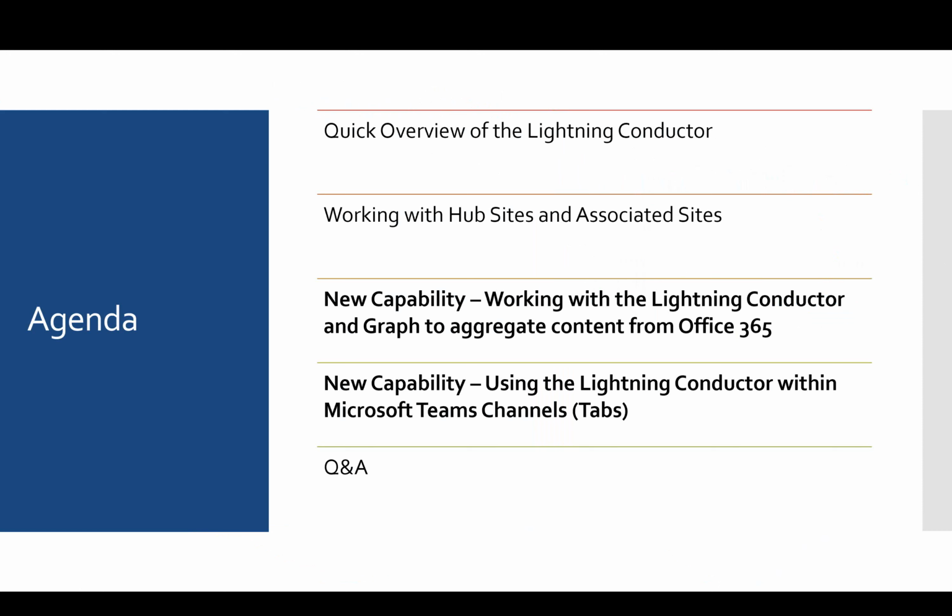So we can basically have lots of different team sites that have been created, and we can associate them to a hub. That way you get your navigation. You also get some roll-up features out of the box with SharePoint, which includes things like events roll-up and news roll-up. But we take that a step further by also allowing you to aggregate content from hub sites, associated sites, and build views exactly how you want them. And that can include view formatting and column formatting and so on, which you'll get to see in just a moment. So you end up with some very, very flexible views that you can create using the Lightning Conductor